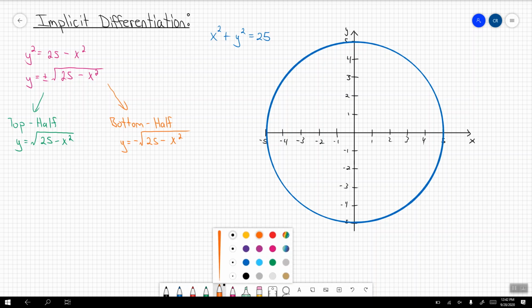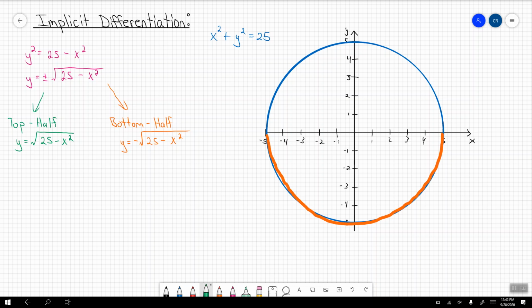Okay, perfect. On this circle, the bottom half is going to be represented by this, and the top half by this. Now we have two different functions. The reasoning behind this is that we wanted to break this apart so that we can get two different functions. And once we have these two different functions, we can go through the whole process of taking the